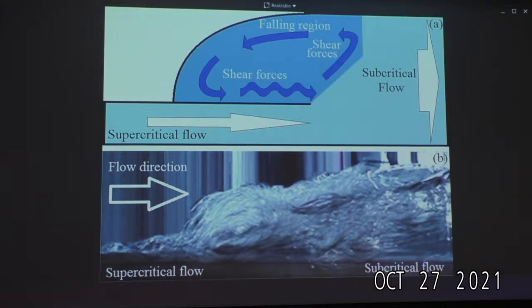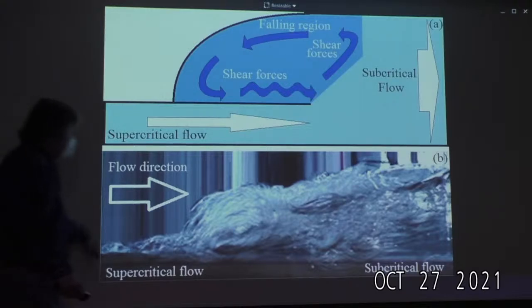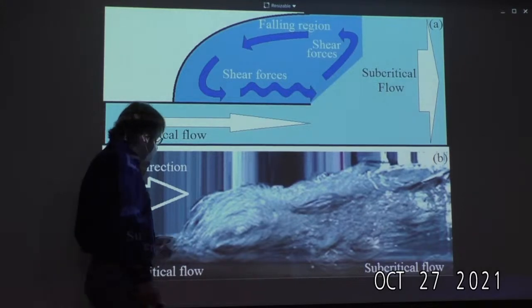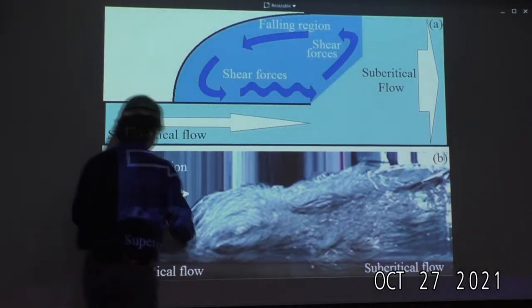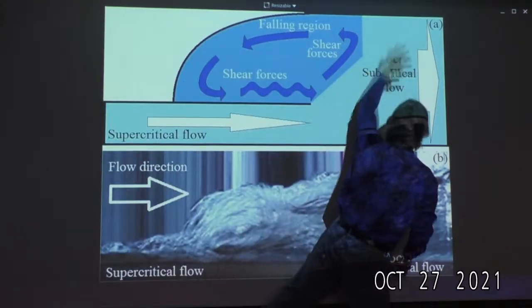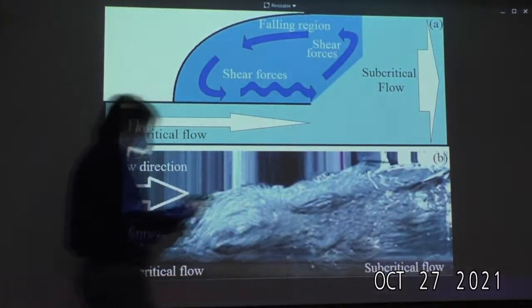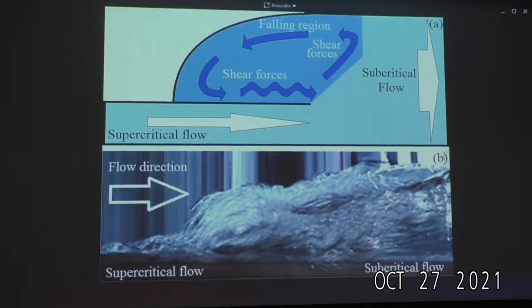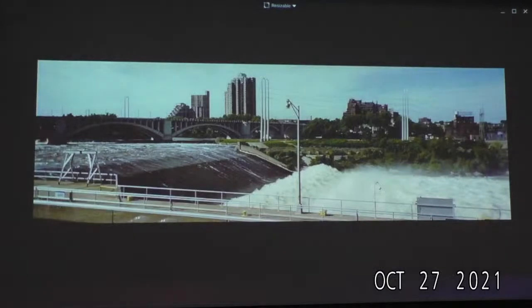So this is a nice schematic of a hydraulic jump with water. In this case, you have water and air in a tank. Water reaches supercritical velocity. The jump occurs. You have supercritical flow, your turbulence, and then a deeper subcritical flow. Conservation of mass explains that, but these things are actually exploited in dam design.